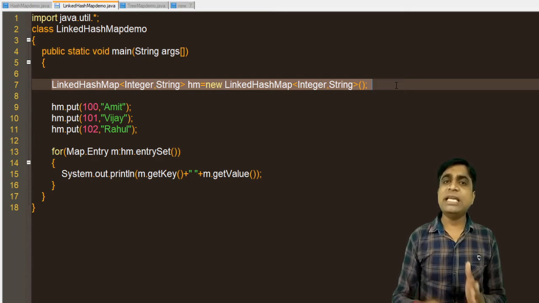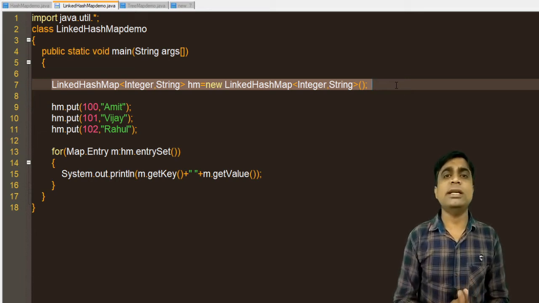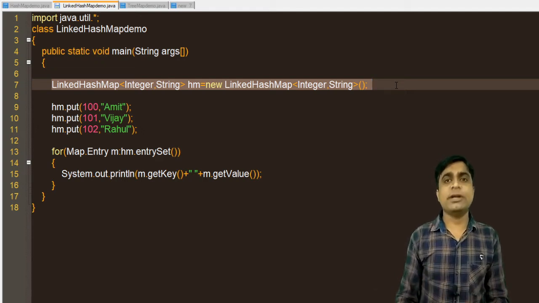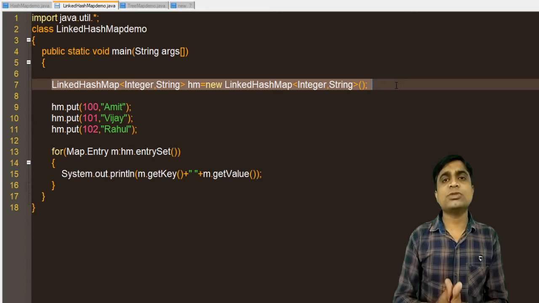So here I am making the same type of program, but the logic behind it is different, the concept is different. A linked list will add nodes in a specific order. In the case of hashing, there is no specific order. In a linked list, the first node stores the address of the second node, which stores the address of the third node. Now in a tree, there is one root node, and then a different order.